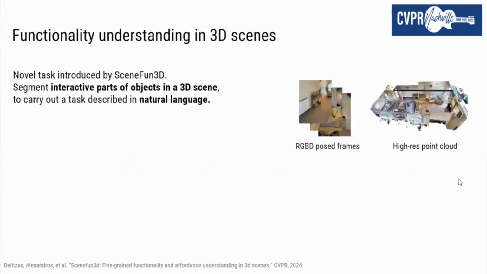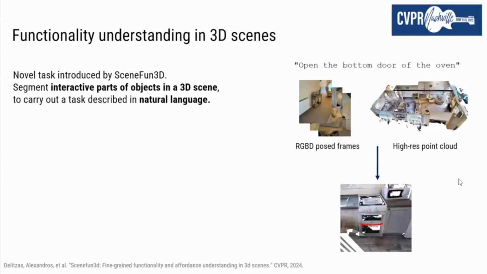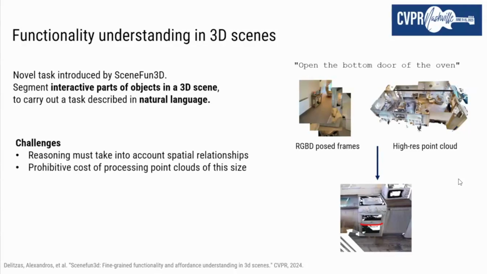In this task, we are given a 3D point cloud and a set of RGBD posed frames, along with a task description that describes an action to be taken in the scene. The objective is to segment the functional object in the scene, that is the object that allows us to perform that specific action. So this task is challenging because